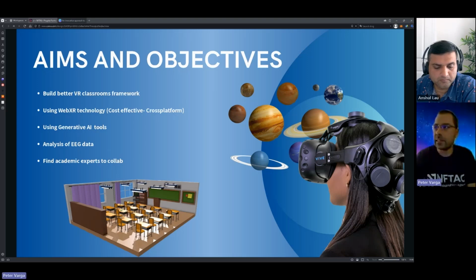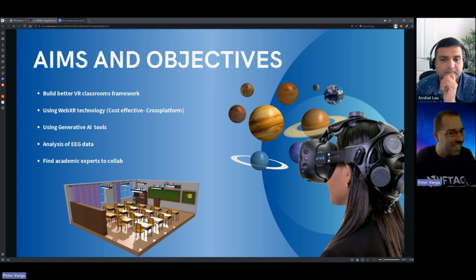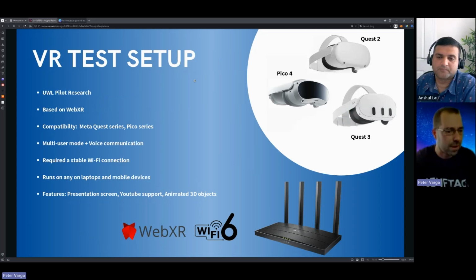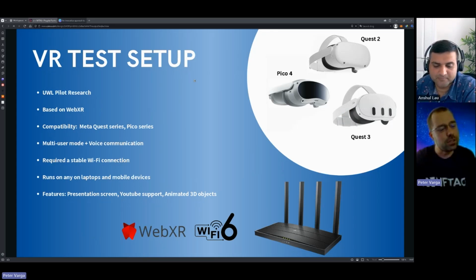And let's see the VR setup. Sorry, it's more technical again, but it's really good to understand because this is basically the future. In the last 4 months at UWL, I tested the framework with standalone VR headsets: the Meta Quest 2, Quest 3, and also the Pico 4, connected to a Wi-Fi 6 network.